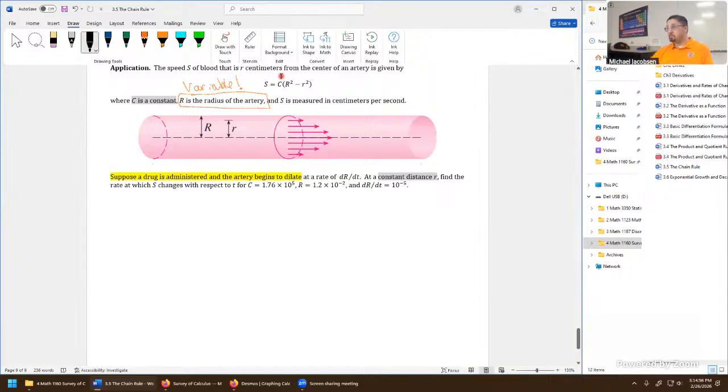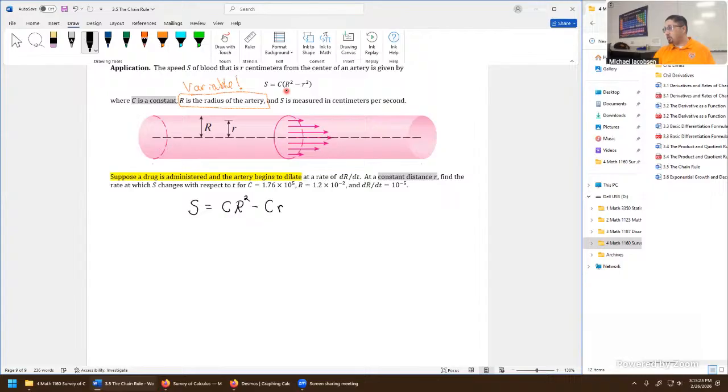So let's take this function. It's written in a certain way that might be appropriate in some contexts. But for the purposes of a derivative, I think it's easier if we just distribute C inside that group. We can write the speed of the blood platelet, S, is the constant C. We know the constant is down below. They didn't tell us the units. I should look into that. This was copied directly out of the textbook. No units were supplied. It's C times R squared